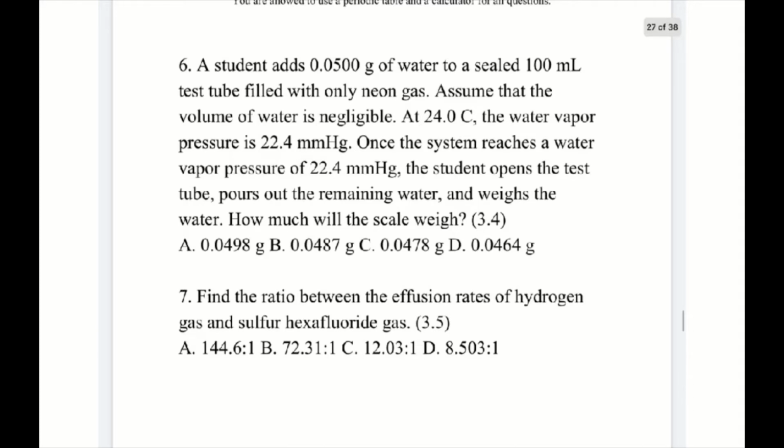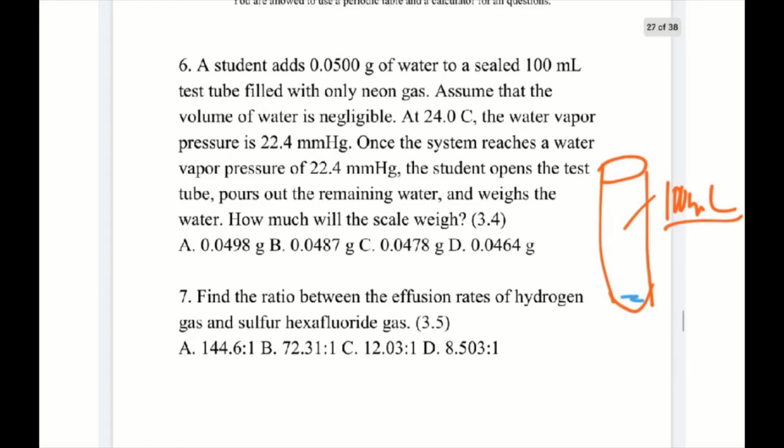Assume that the volume of water is negligible. So let's draw ourselves a picture. This is 100 milliliters. You have a little bit of water down here. Let me do that in blue, actually. And it says the volume of the liquid is negligible, so we can assume that the volume of the gas